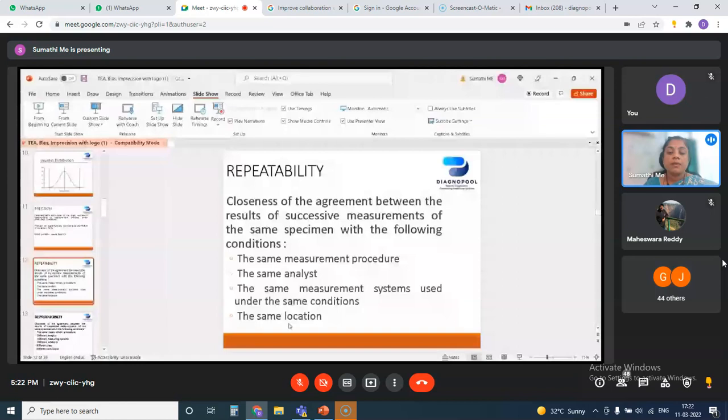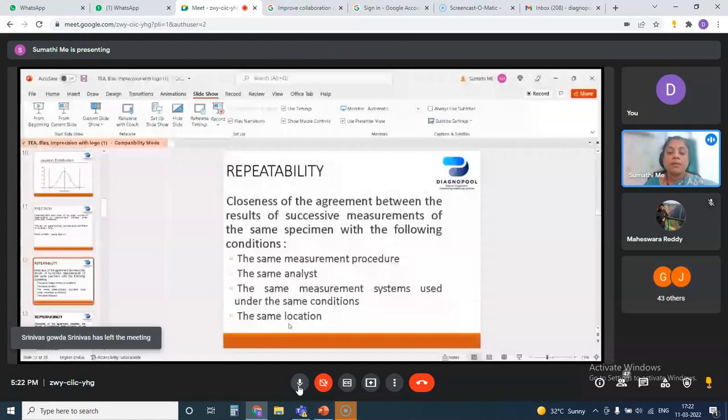So we have understood what is precision. That means the closeness of these data points when they are measured in a successive manner and when we have a large set of data points. And what determines your precision is your percentage CV. The lower the percentage CV, the better your precision. Now coming to the accuracy part. Accuracy is nothing but how close your value is to your true value.